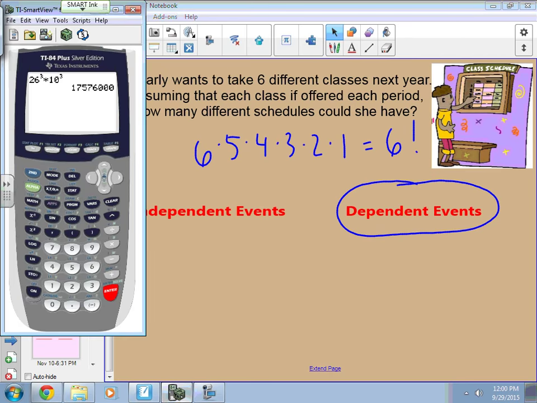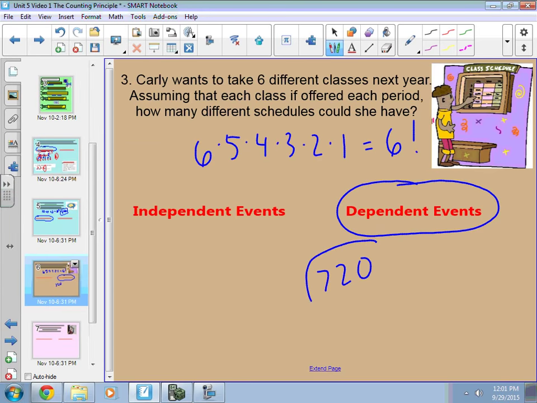On your calculator, you can find that button under the math menu. So let's hit our 6 because we want to do 6 factorial. Hit math, and then scroll over to the second menu option of number on top, and keep going over to the one that says probability. This probability menu has the exclamation point or factorial button as number 4. If you hit that and then hit enter, it'll do 6 times 5 times 4 times 3 times 2 times 1 for you. Looks like there's going to be 720 possible schedules